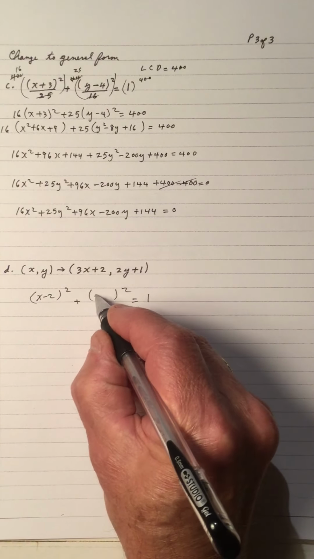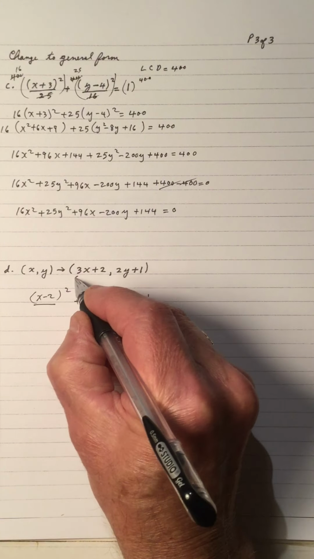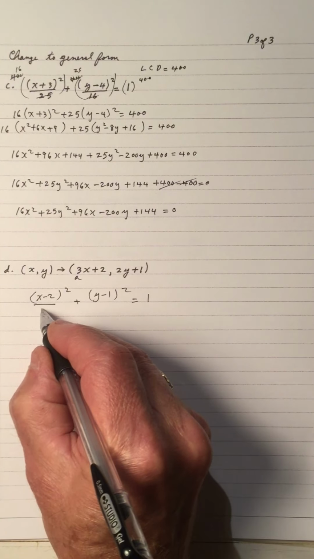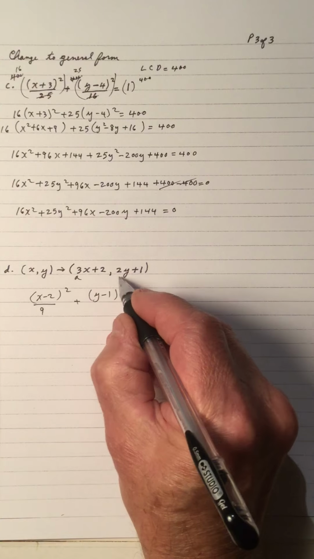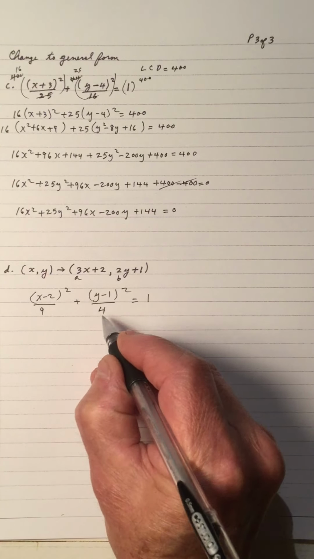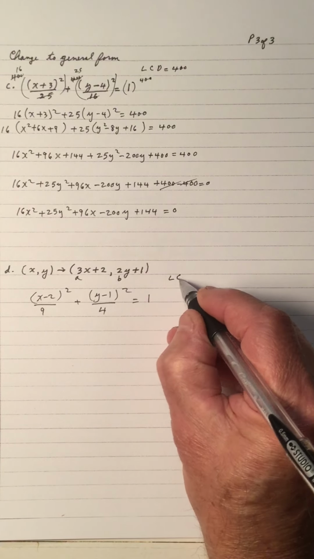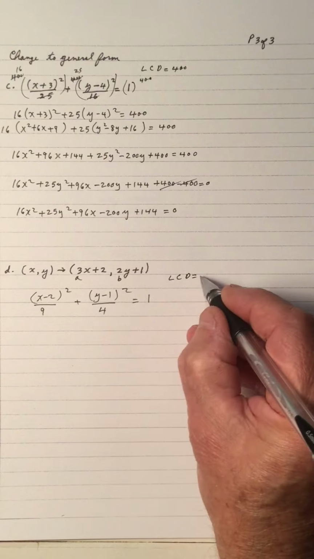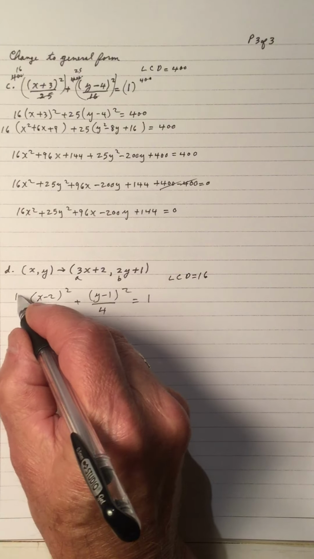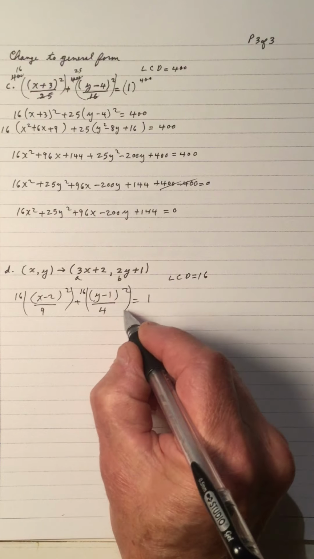That's a plus 2, so this is a minus 2. This is a plus 1, so that's a minus 1. And notice, A is 3, so this is A squared, which is 9. B is 2, so this is B squared, which is 4. So we have the transformational form. Now the LCD is 4 times 9. So we'll multiply each part by